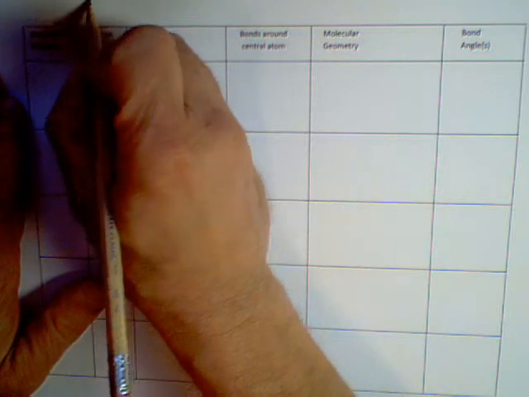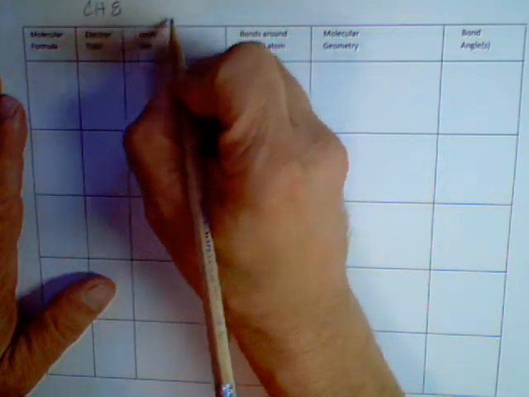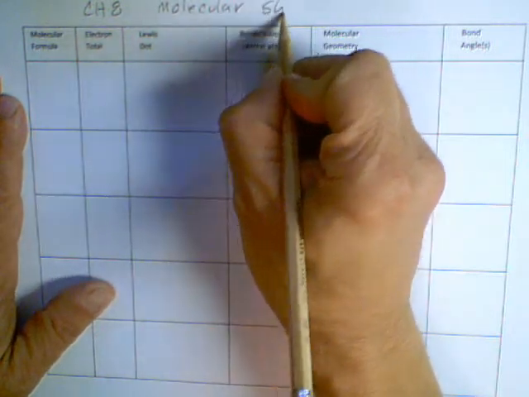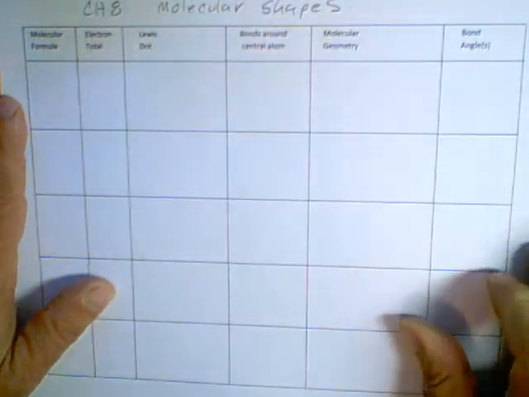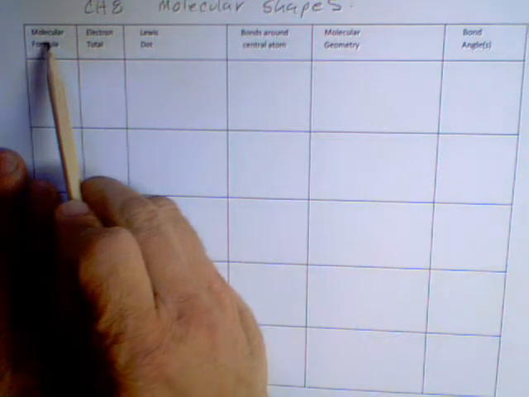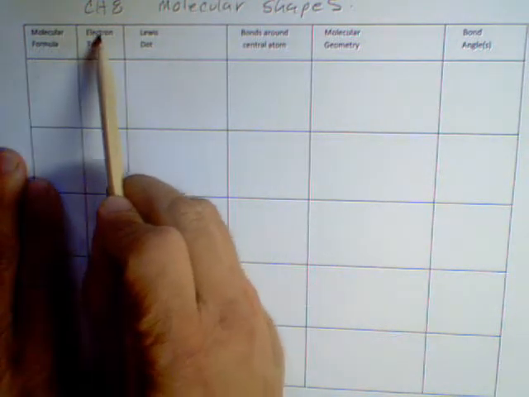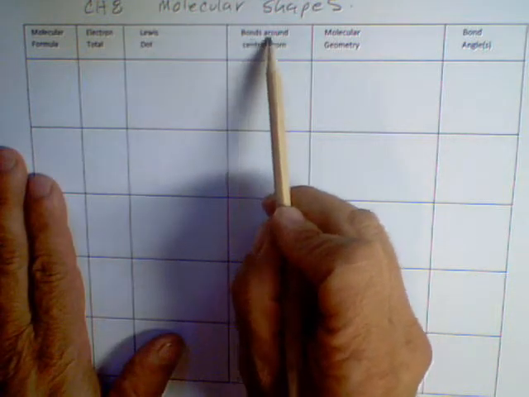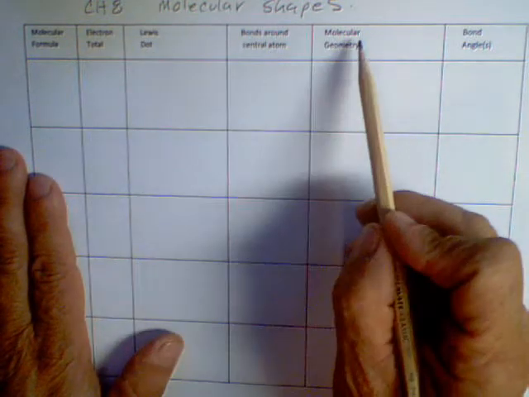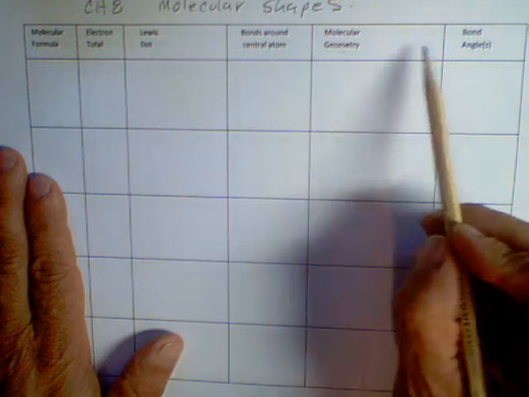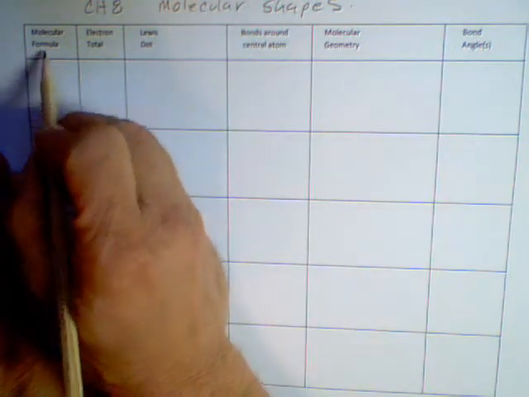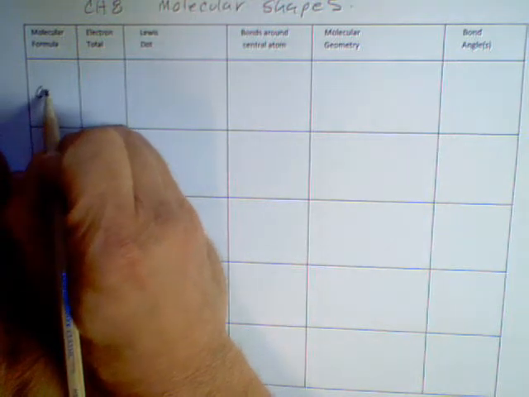Okay, chemistry students, this is Mr. Azentis and I'm on chapter 8, and what we're talking about is molecular shapes. Alright, and I have a grid here. I don't know if you could read it. This is molecular formula, electron total, Lewis dot, bonds around the central atom, molecular geometry, and bond angle or bond angles. So the first molecular formula I'd like to work on is